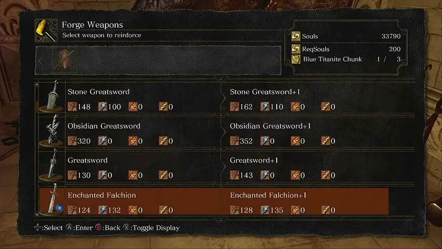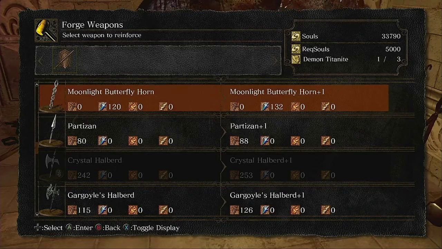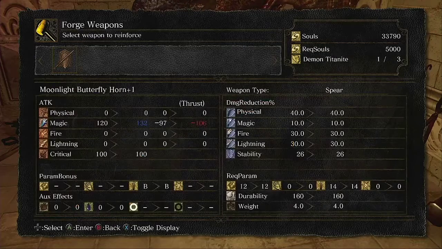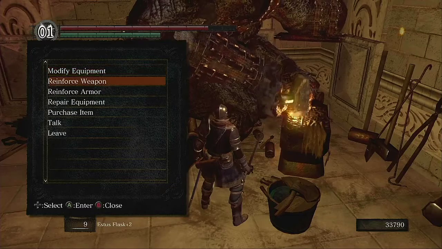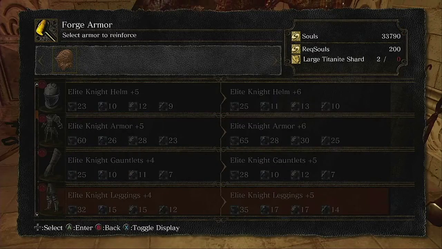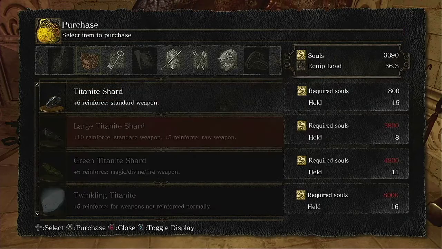So let's check that out real quick, just to see what the stats would require, because I'm really curious. Okay, so it requires 14 intelligence and 12 strength, which means it scales off of a B scaling for intelligence. And this is one of those weapons, as you can see, that would take a Demon Titanite to upgrade. I'll check that spear out here in a little bit, but I'm gonna buy some more of this